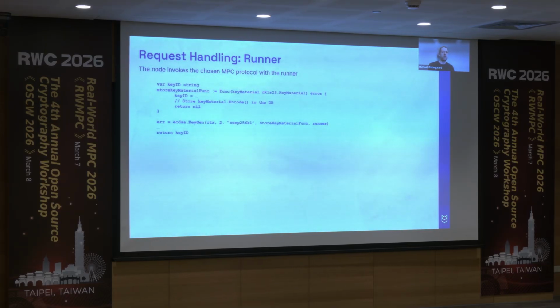So now that the node got a runner, what can it do with it? Well, it's going to give it to the MPC protocol. In this case, it's ECDSA keygen, which is called with a context, and the number, again, the threshold, the name of the elliptic curve, and the last parameter is the runner itself, and then it has this weird store key material function, and that's basically a function that's called by the protocol when it wants to persist key material to